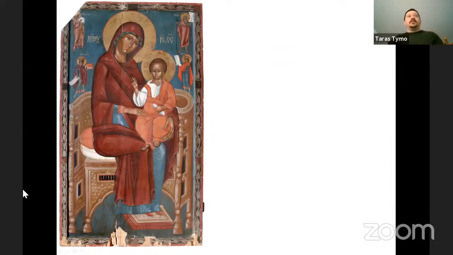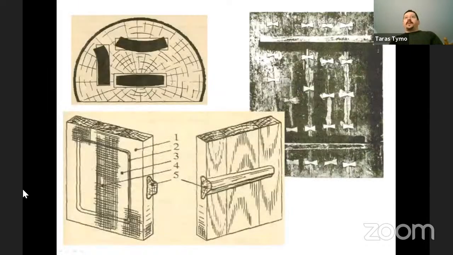This is just an example of one of the ancient icons. So you all know that an icon starts with a wooden shield, with a wooden board, and it's important to use good, proper wood for that. This drawing is just showing what pieces of wood were traditionally chosen for the boards. And the board usually has on the back these